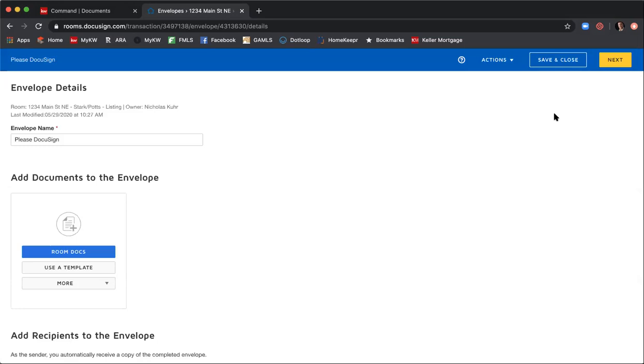And this is the screen where you create an envelope. We'll just start at the top and work our way down. So envelope name, I'm just going to name this 1234 Main Street Northeast, seller's property disclosure and community association disclosure. The envelope name is just for yourself, so that way you can keep track of it. I recommend that you title your envelope something that you can keep track of, because you will be sending